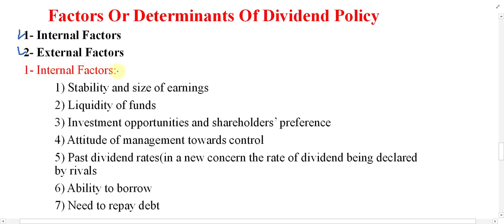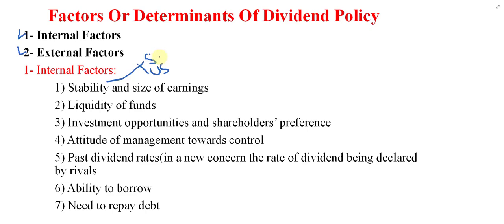Number one, internal factors. What are the internal factors which can affect the dividend policy of the business? Number one, stability and size of earning. Point number one is stability. So we have to divide it into two parts: whether the income of the business is stable or whether it is unstable. If it is stable, the company may make a stable dividend policy, as